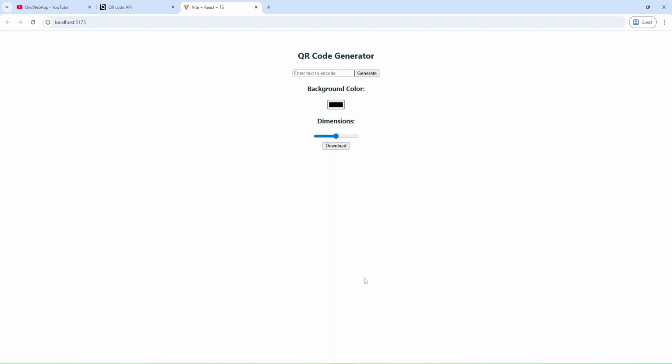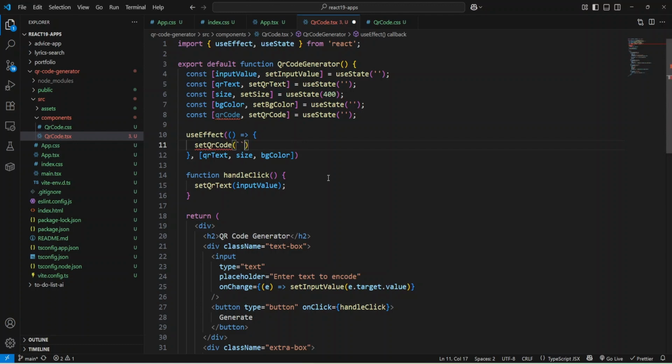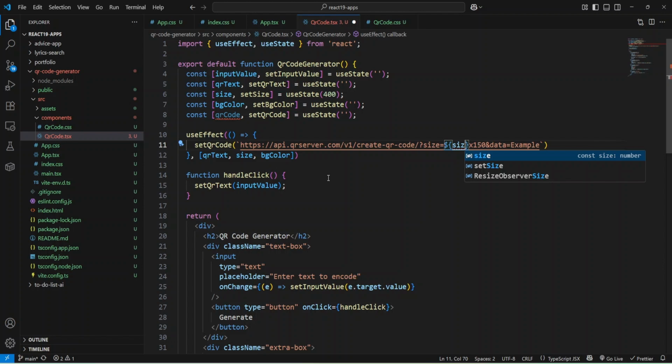And now let's go to our documentation, and I'll just copy this URL, and we'll provide it here. Okay, but we'll add some values. Create QR code, and size will be our size, and it will be some variable size, and also here we need size.